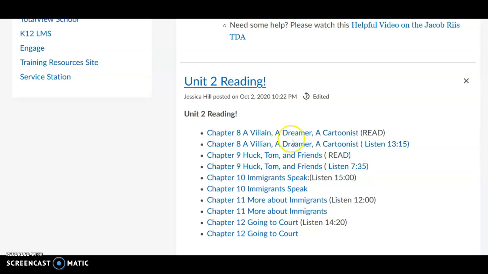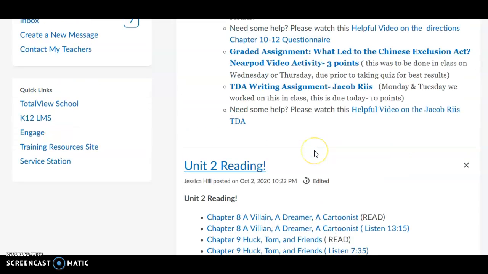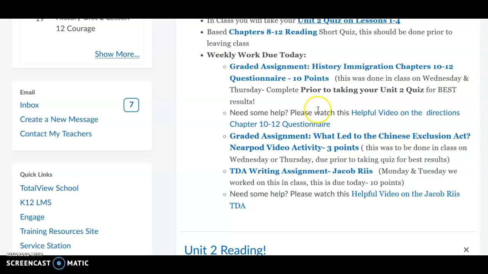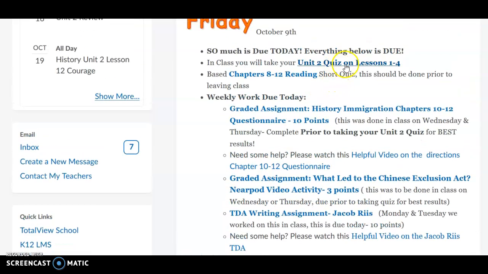But when we get to the Unit 2 test at the end of the unit, you may see a question or two on there. So I want you guys to make sure you are reading chapters 8 and 9 on Friday. When we take this quiz on Friday, you will not have to take it unless you already have the chapter reading done and you want to take the quiz. It's a really easy quiz and it will probably help your grade.